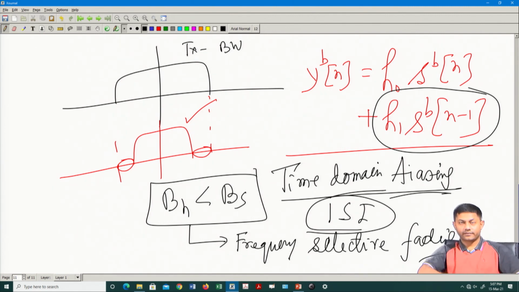Frequency selective fading. So, one is frequency flat fading, which is as if an all pass filter, just one tap. More than one tap means the bandwidth is lower than your system bandwidth. So, some sort of time domain interference will come into the picture, because you have cut down some of the frequencies, right. So, it will create some sort of time domain aliasing or interference, and this kind of channel is called a frequency selective channel. When you say frequency selective channel, it simply means you have more than one tap.